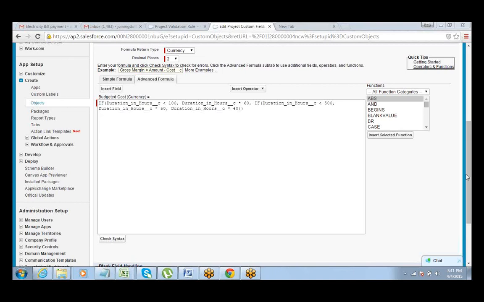Yeah, Navita, please go ahead, tell me. In the second condition, you said that it should be between 100 and 500. But in the syntax, you just gave less than 100.